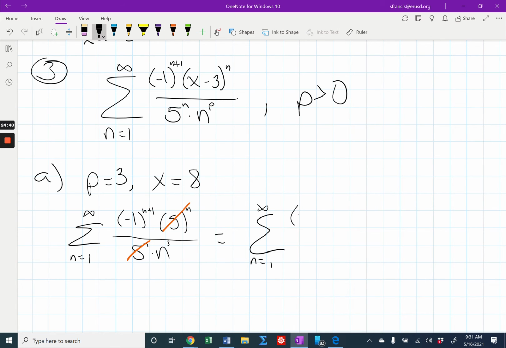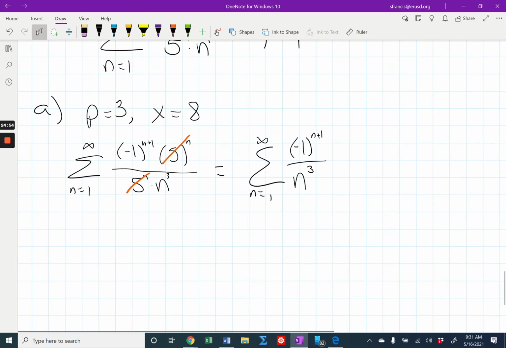You end up with (-1)^(n+1) over n cubed, like this. And this makes it much easier. You should identify this really as two different things, but both helpful to recognize. It's alternating because of the (-1)^(n+1), and it's also a p series. In a sense, it's an alternating p series, but we got n equals 3, so that should tell you something. Now, since they're looking for absolute convergence, I would try to do this